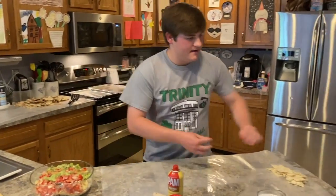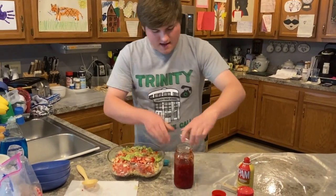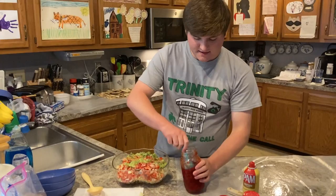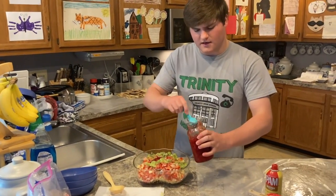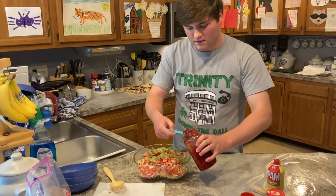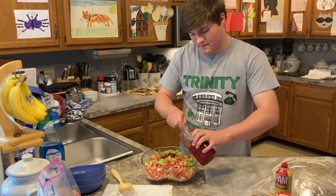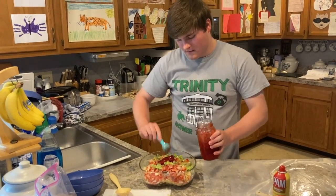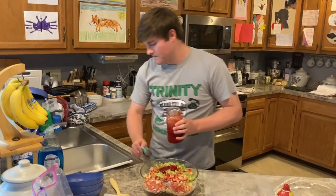Final thing you're going to add is your fruit preserves. Take your fruit preserves, and then you're going to need 3 tablespoons of these. These do not have to be filed off. They can go over the top. Just get as much. This is what's all going to bring everything together. So you dump all this in here, right there. All right, once you get everything in,